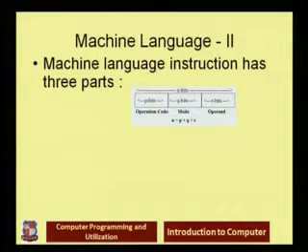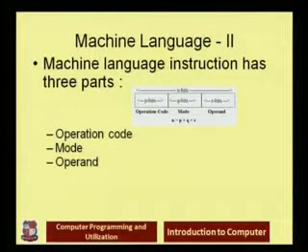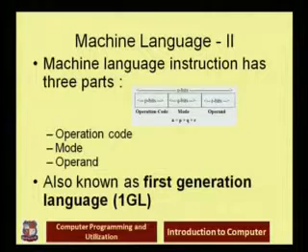Three parts, as discussed in the figure: operation code, mode, and operand. So when we write any program instructions, we use operation code, mode, and operand. So when we write code for performing different operations, in the first section of the machine language instruction, we write the operation code, meaning whatever operation we